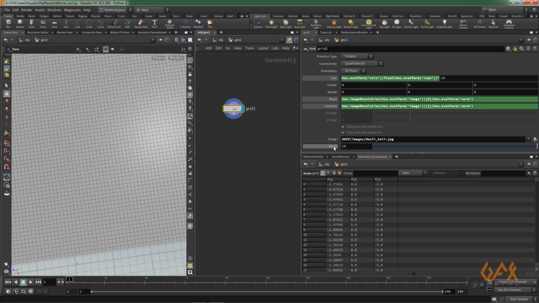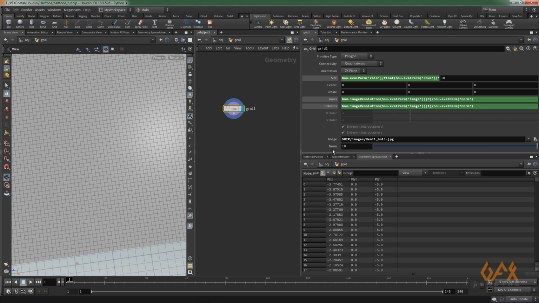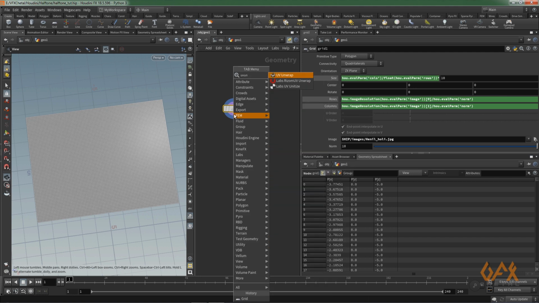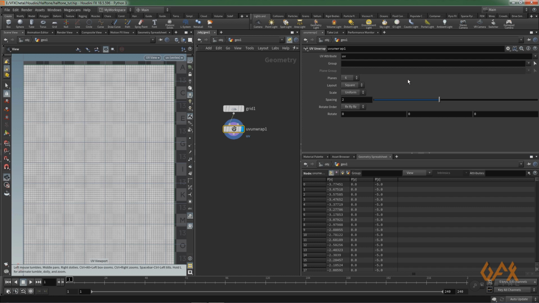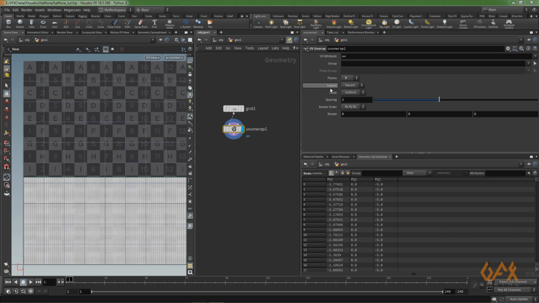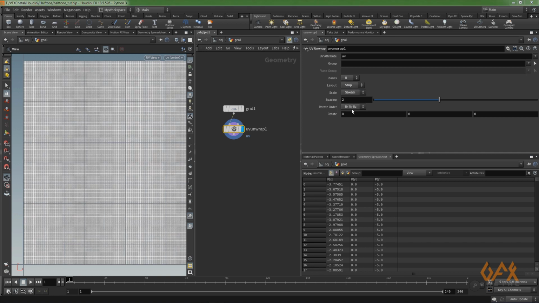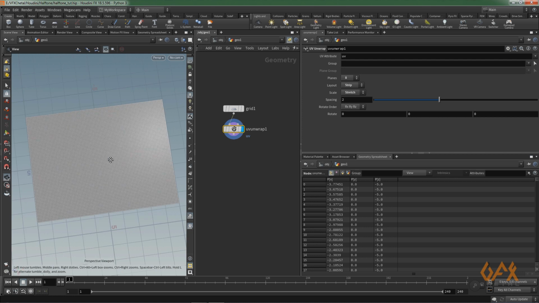Okay, so now through this norm you can increase or decrease the segments. Right now I set it to 10. Now first of all we need to unwrap this, so for that purpose I use one UV Unwrap, and over here I press spacebar 5 to see my UVs, and I set it to 8, layout to strip, and scale to stretch. Okay, like this. Now again I press spacebar 1.